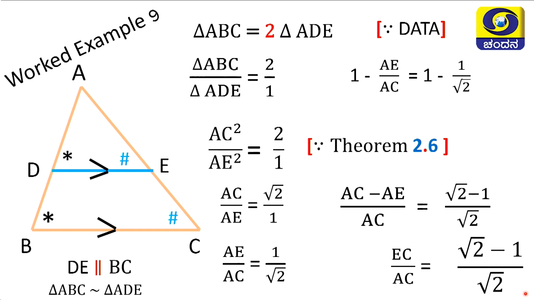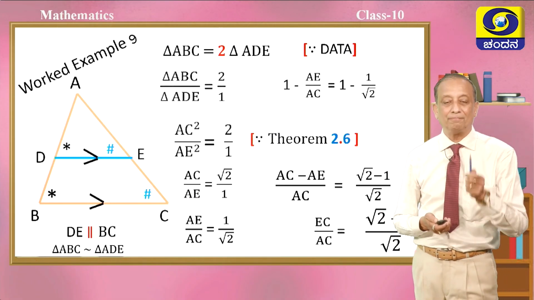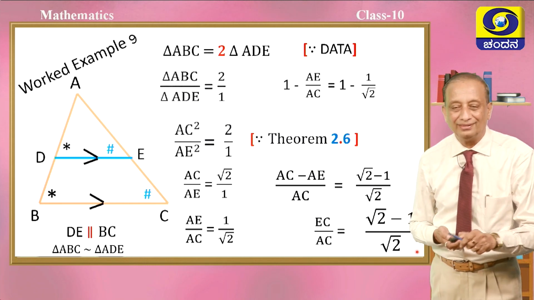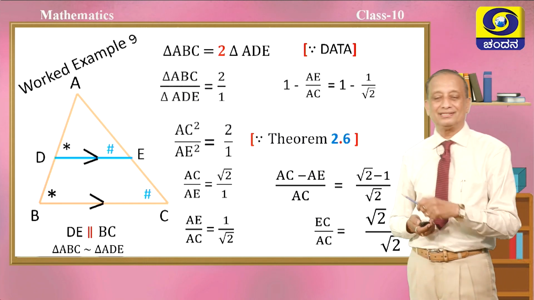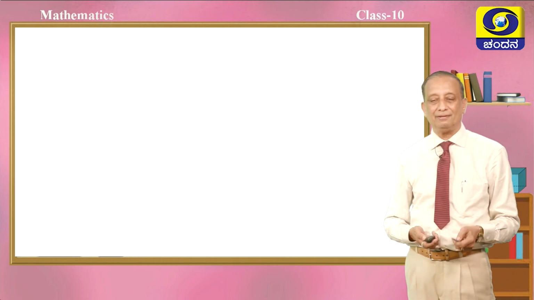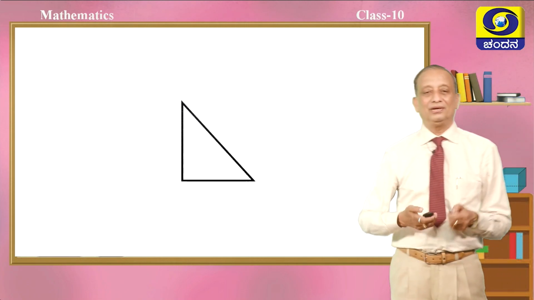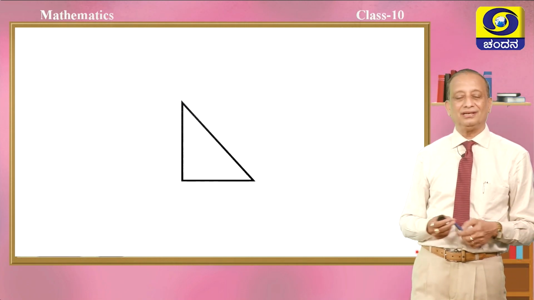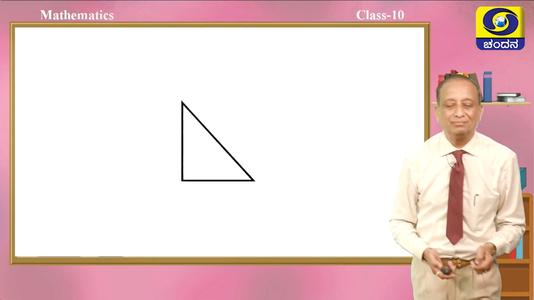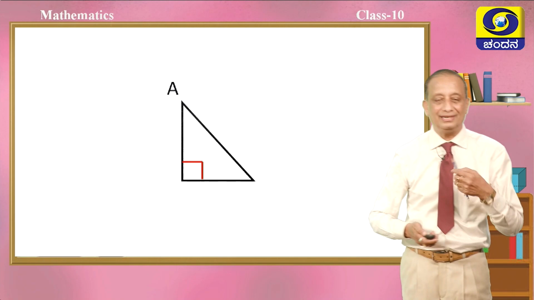Now, this is because this can be obtained only by subtracting the proportion from 1. Then only you get AC minus AE, and hence this, children. So this is a very important relationship which you should remember. So with this, we have understood almost all the theorems given under the similar triangles chapter. Let us try to apply this now in various cases.